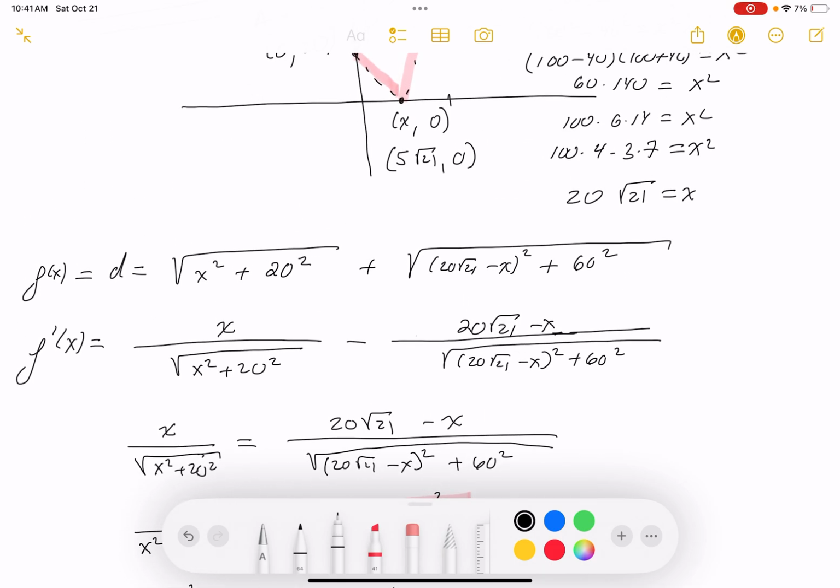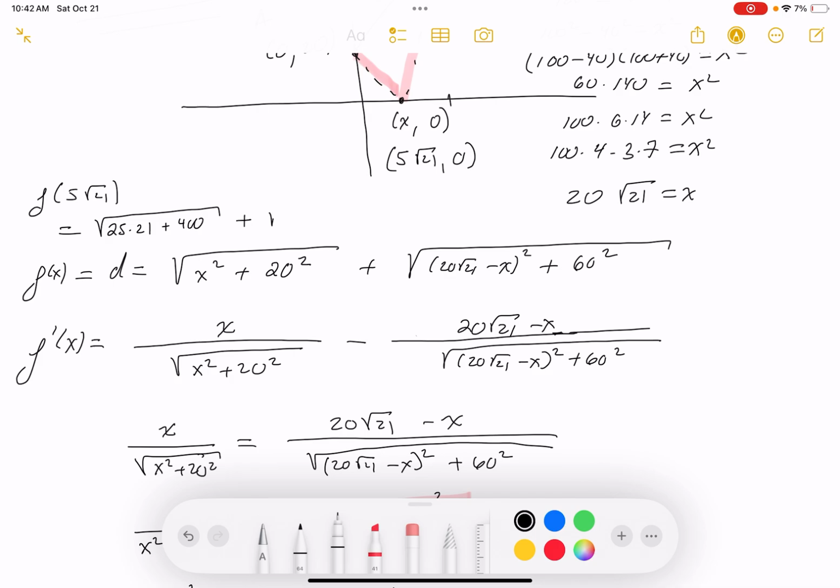All right? Now, granted, let's write it down. And it's problematic. I know that arithmetic's killing me. And what I'm going to do over here is plug the number in. It's going to be f of 5 root 21. All right, let's write this down. So it's going to be equal to a root, and I got to square that number. So it's going to be 25 times 21 plus 20 squared, which is 400,